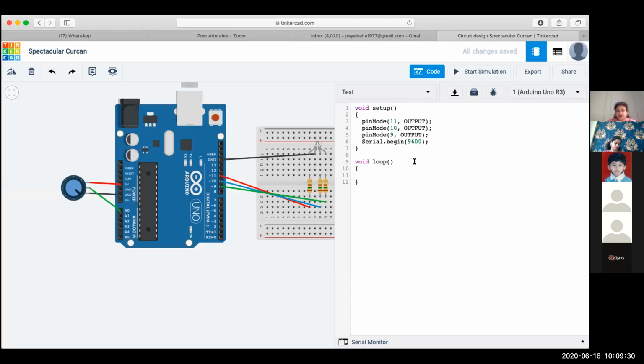For all those who have not done this microcontroller or Arduino course, Serial.begin is initializing the serial transfer of data from the pins, whichever pin we use, into the serial port at a speed of 9600 baud rate. As this is part of the initialization command, I use it in the setup loop.